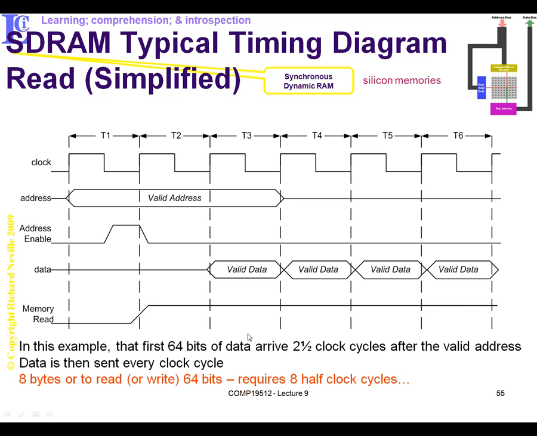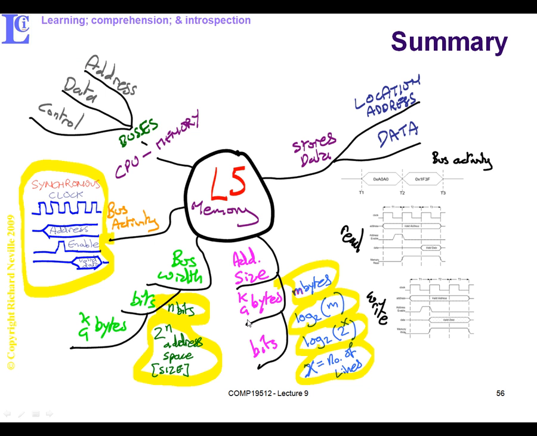Okay, so let's look at revising what we've talked about and looking at some mind maps. So the first thing to realize if we're looking at memories is that memories themselves are really talking about storing data. So the data is in a particular location given by an address, and that address will address the data item itself. So now let's start where we started previously and say the CPU or the processor is linked to